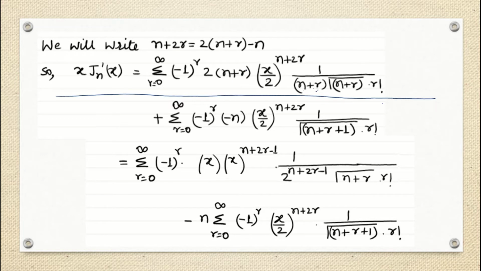Okay, so in this term what will happen? You will actually come into the form of J(n minus 1). And how we come into J(n minus 1), we'll see. First, what we have done is reduced it, we got into the gamma term, and then we have got this n plus r here. Now if I have this n plus r in the numerator also, I will just cancel out this n plus r with this n plus r. Okay, so my next job is to somehow make n plus r here.